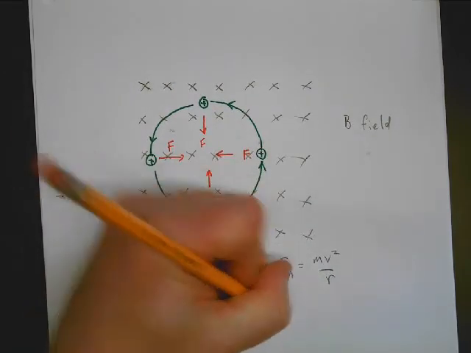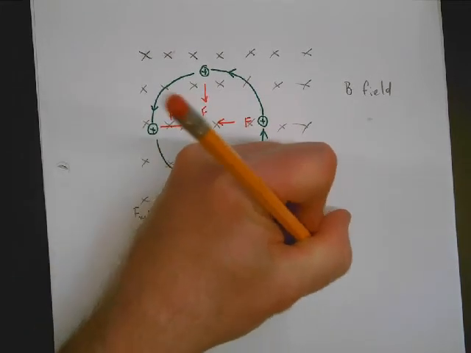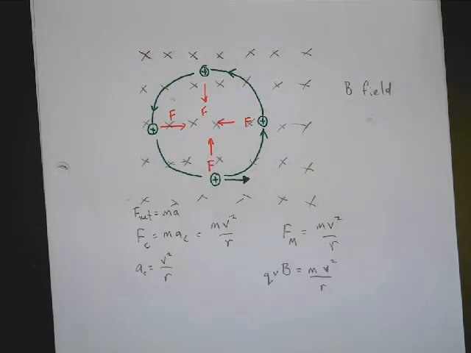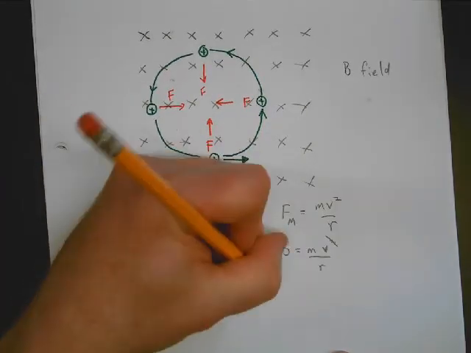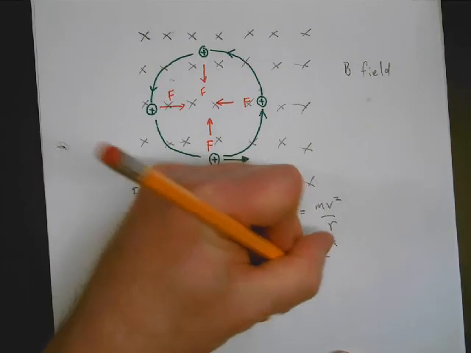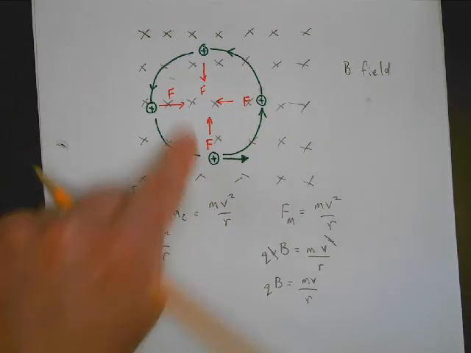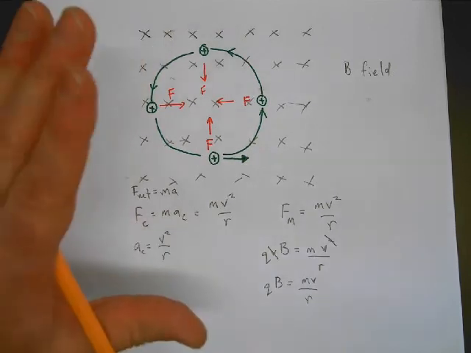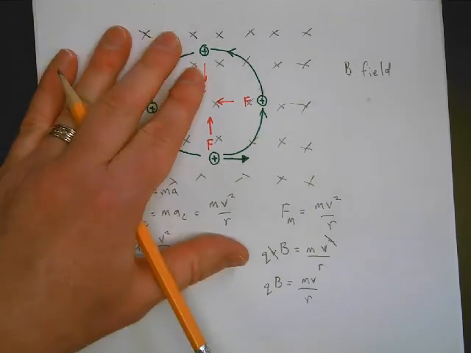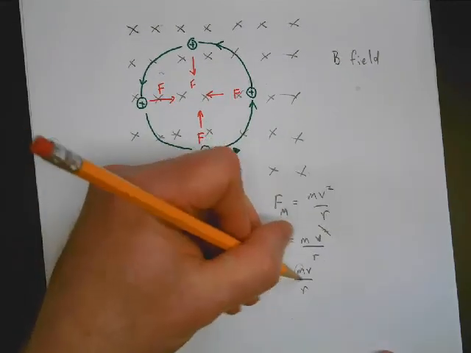Well, the magnetic force is QVB and equals mv squared over r. And then one of these v's would cancel out, and you'd get QB equals mv over r, and you could answer stuff. Now, how do they actually use this? That's a pretty cool thing just in general, and sometimes you're going to get questions that just deal with this in general. But they specifically use this type of thing because a lot of times they're trying to figure